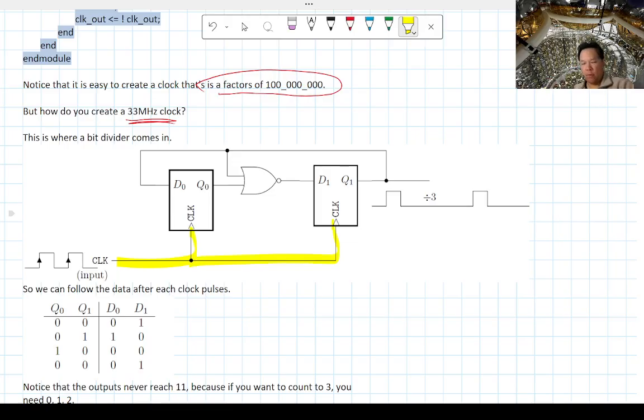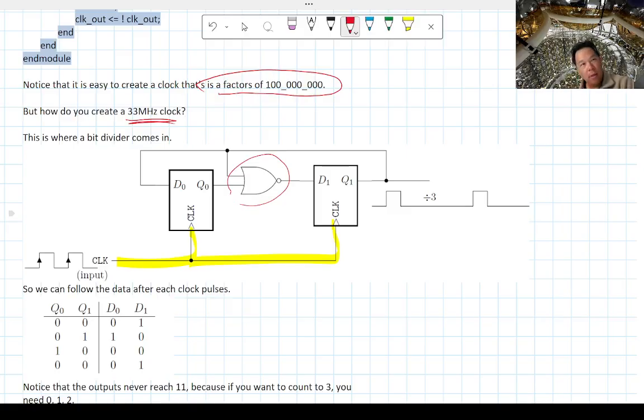It just sends the data forward. There's no connection to Q bar, so we don't need to worry about that. Okay, so that's why it's not on the diagram. Not that they don't exist. They still exist on the flip-flop, but we just don't use it, so we don't draw it. Okay. And there's just a